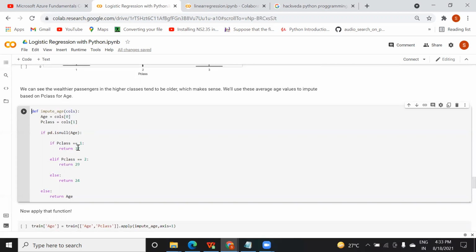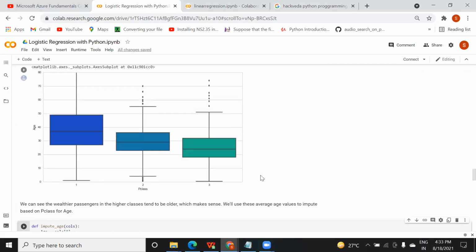Are you getting it? As I told you, the age column has many null values. In order to remove those null values, here I'm checking if the age of that data is null, then I come inside and check whether the class is equal to 1. If class is 1, I'm assigning one value, 37. Why? Because for class 1, the data lies in the range of 27 to 50, so I have just randomly assigned 37.